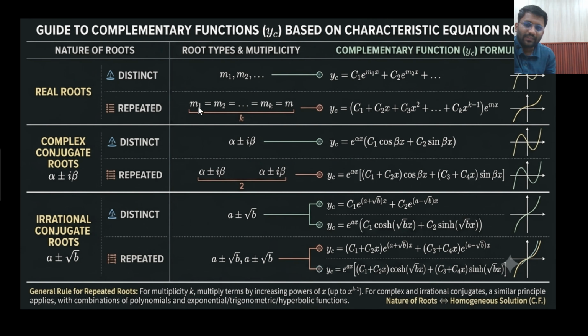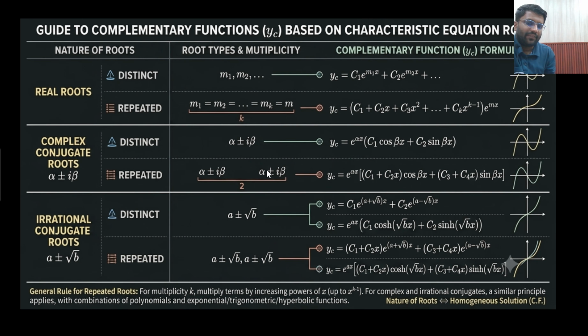e to the power m2x. Sir, if the roots are repeated, then C1 plus C2x plus C3x square and so on, e to the power mx. Sir, if the roots are imaginary but distinct, alpha plus iota beta, alpha minus iota beta, they are different. So alpha will come outside, inside there will be something different,